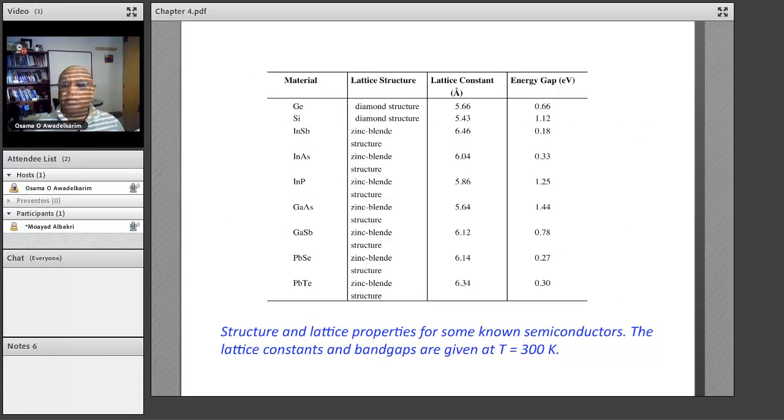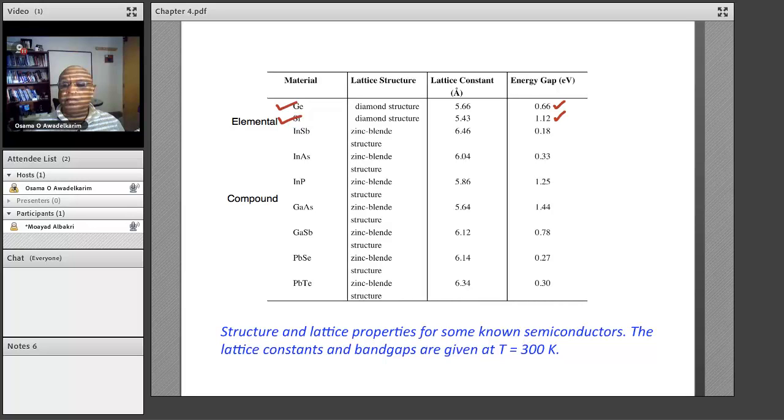Let's look at some semiconductor materials. Germanium and silicon are elemental semiconductors, as we said. And for those elemental semiconductors, silicon and germanium, look at the band gap: 0.66 electron volts for germanium, 1.12 for silicon. All the rest of the semiconductors listed here are compound